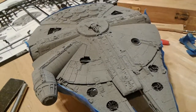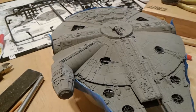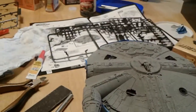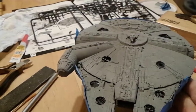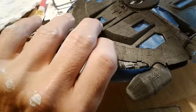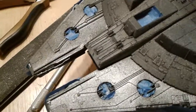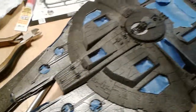So anyway, that's where I'm at, and let me know what you think in the comments. I'm not up to the final coats where I start detailing, but right now I'm just getting ready to spray the bottom with another coat of gray, and oh my gosh, look at all the little things I gotta cut out for. But anyway,